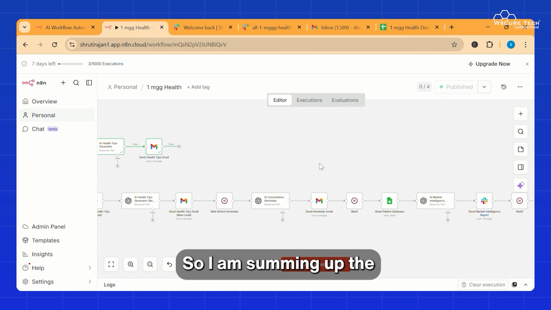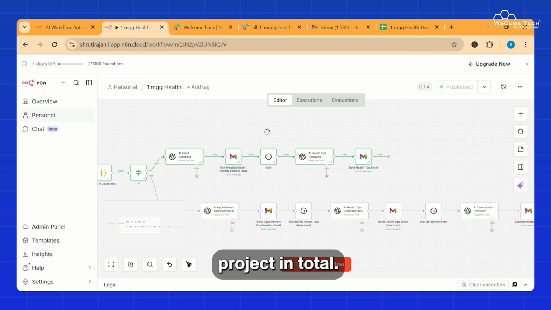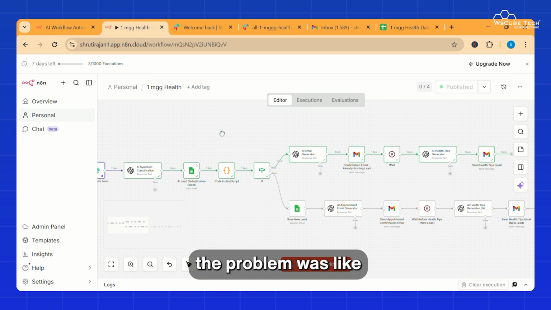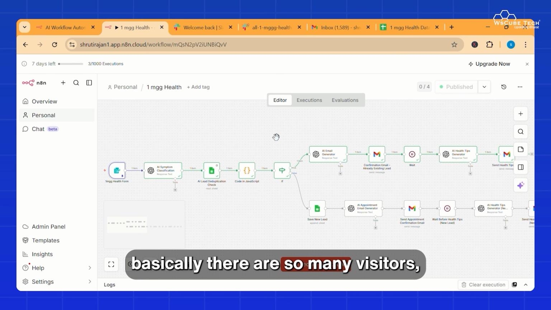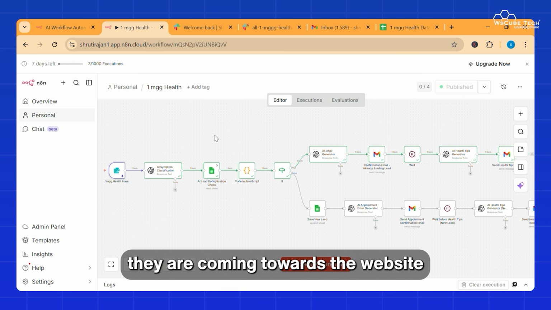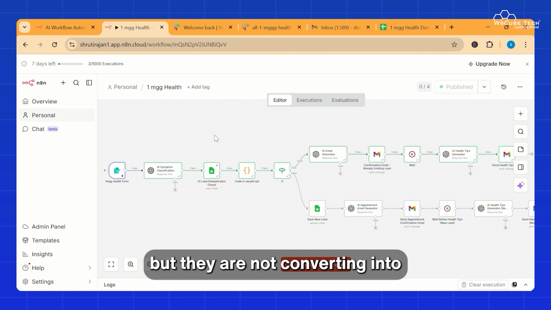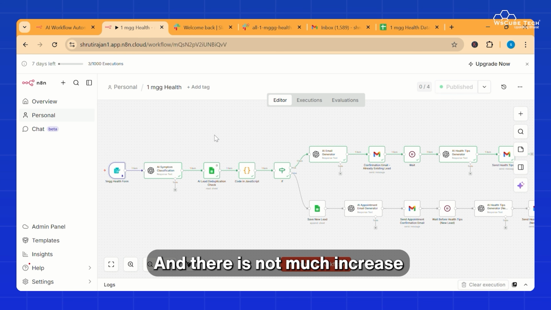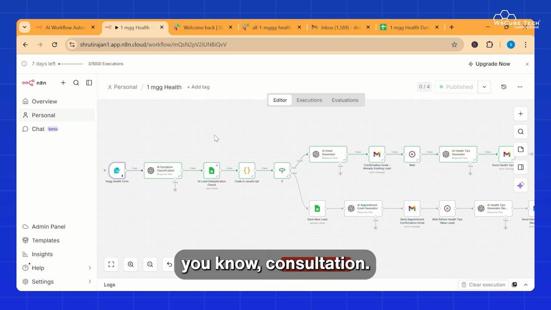So I'm summing up the project in total now. In conclusion, the problem was that there are so many visitors coming to the website, but they are not converting into consultation booking calls. Second, the support team has to repetitively address the same questions asked again and again, and there is not much increase in the conversion of consultations.